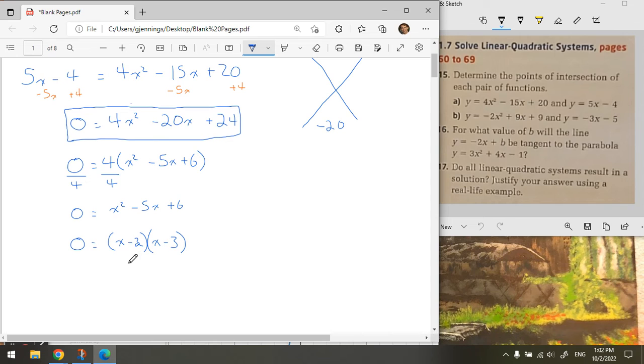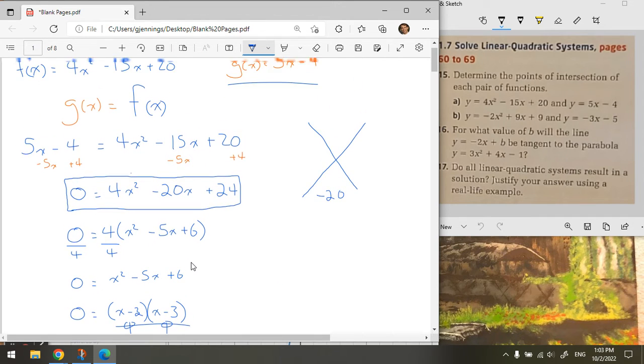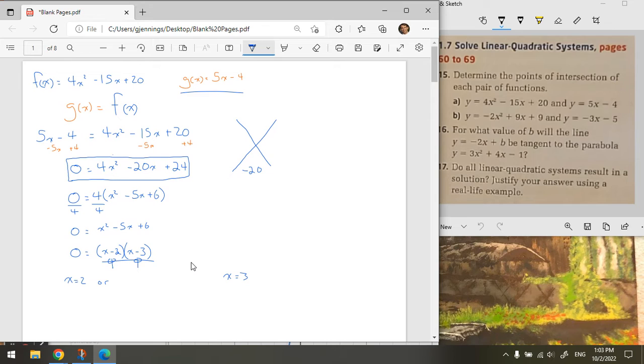Let's keep going. All right, so now we know that x equals 2 or x equals 3, because this statement gives us the roots. X equals 2 makes that one 0. X equals 3 makes that one 0. So x equals 2 or x equals 3. And then we can use either f of x or g of x. I would recommend using this one. It's simpler to solve for the corresponding y values. So let's solve for g of x